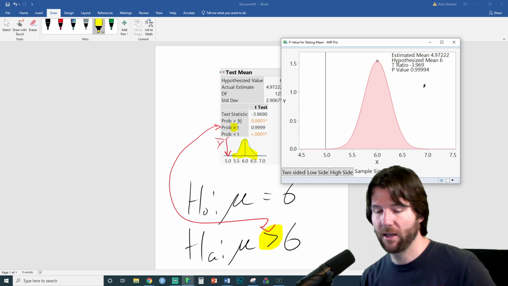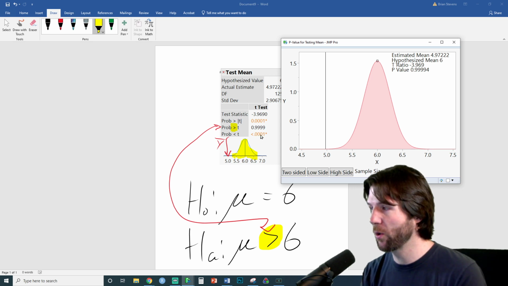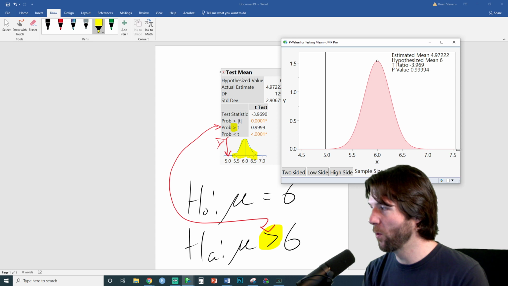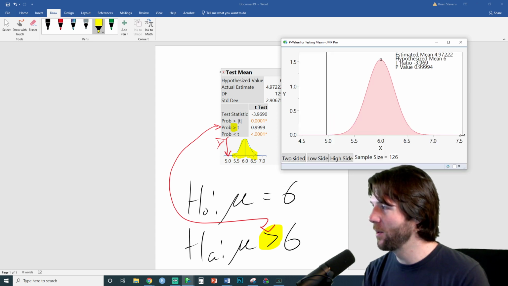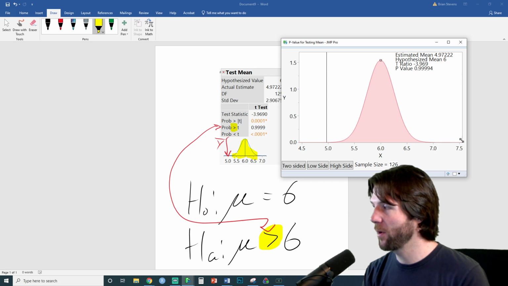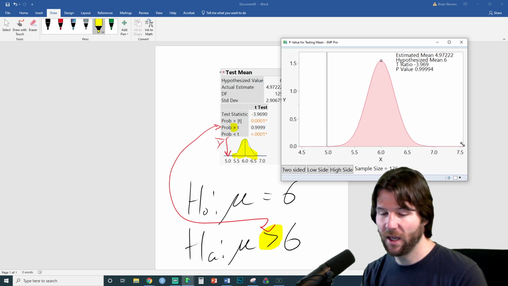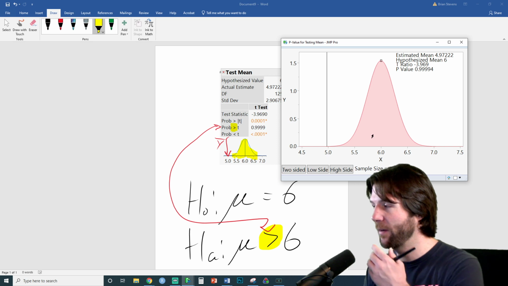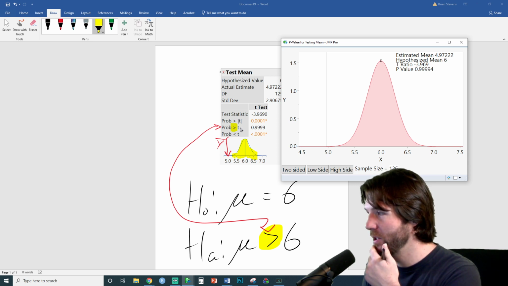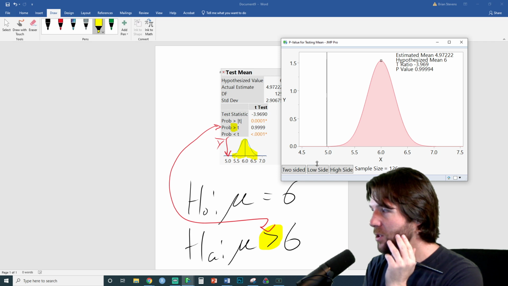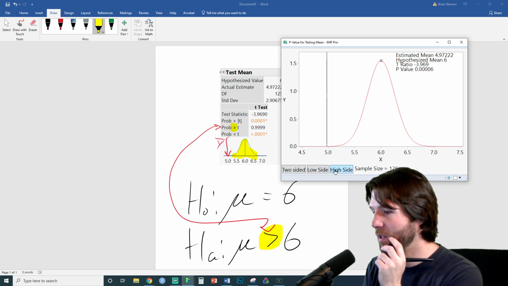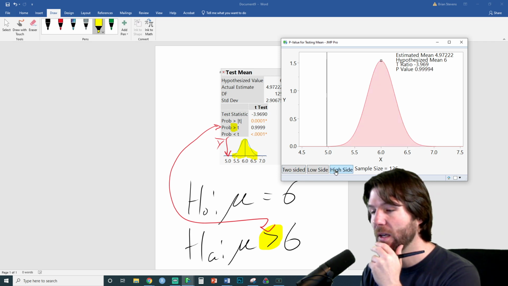The one right here, let me hover over it. If you put this, you're totally fine. You can do this if you want. You could even, if you scrunch up, the numbers are going to look crazy. This is not a bad graphic to use. You can use it if you want. You are not required to use this graphic. This one right here does show the right p-value, but I've had people get confused and be like, wait a minute, the p-values look very small. It's just that JMP shades the smaller ones for you. JMP shades the two-sided and shades the low side, and it shows the smaller ones.